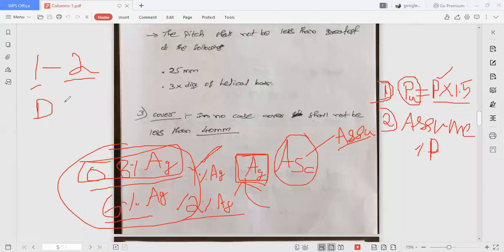That's why every client or every owner will try to spend less money, right? For the completion of construction, they will try to spend less money. That's why if you construct a large column with less quantity of steel, it will be safe, and it will give an economical design. That's why they will try to take less percentage of steel with more area of concrete.